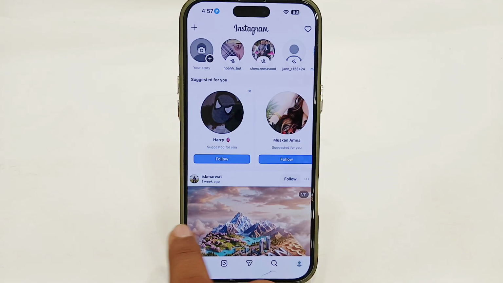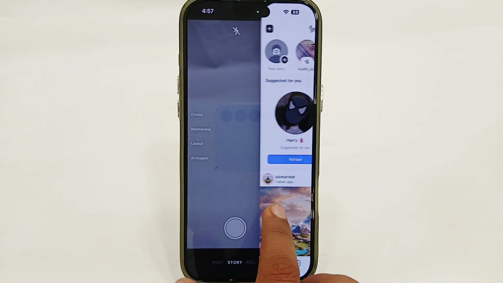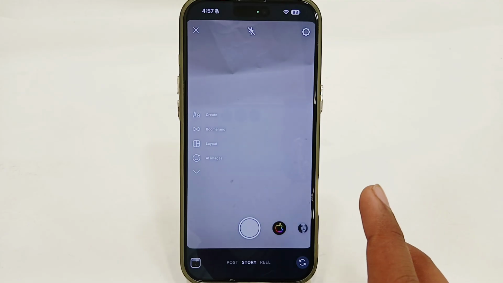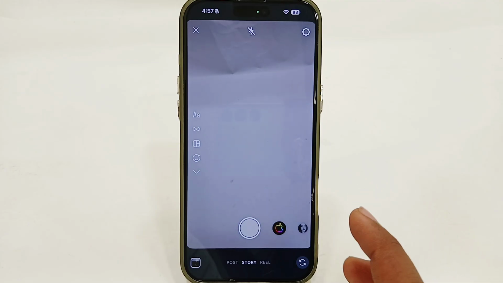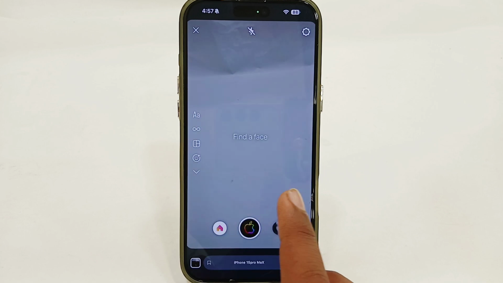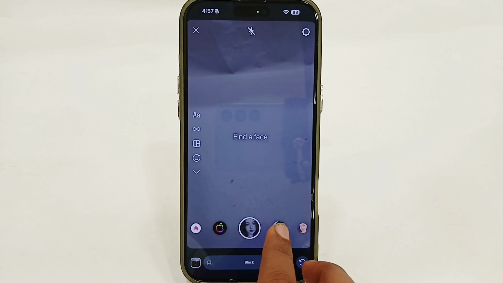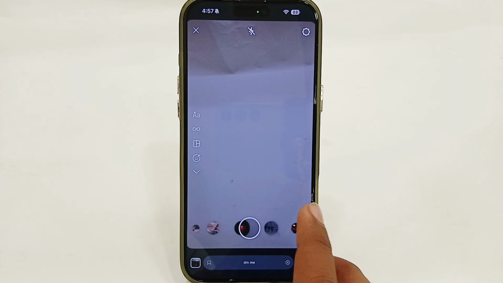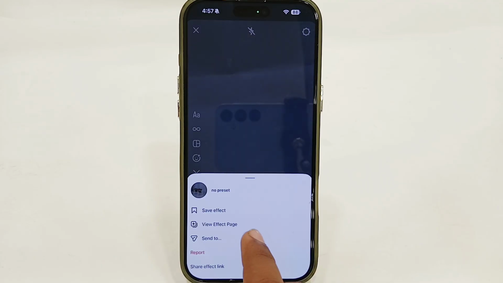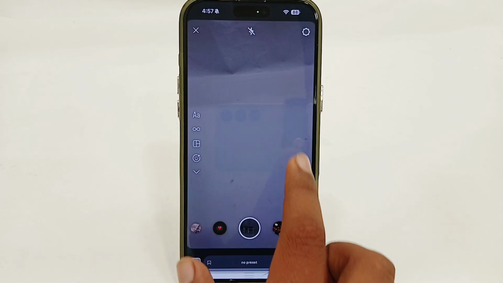Now from here, just scroll through left side to open your story camera. Now on this page, you just have to select filters or effects. So here are different effects. You can easily select which one you want to, so some needs face or some doesn't need any face. So you can easily select any effect, or you can see more options with any of your effects, or you